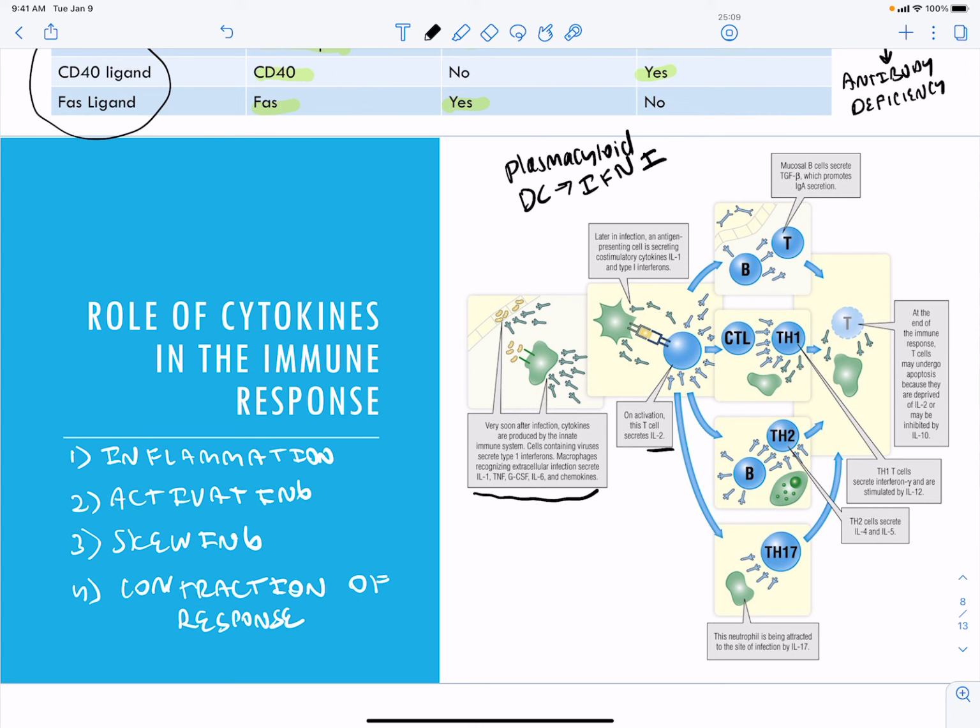You can have a Th1 cell for an intracellular pathogen, which will activate your CD8 T cells to kill infected cells. You can have a Th2 response if you have a parasitic infection, which will activate your mast cells. You can also have an extracellular bacteria infection, which will have a Th17 response, as we've been discussing. And keep in mind that